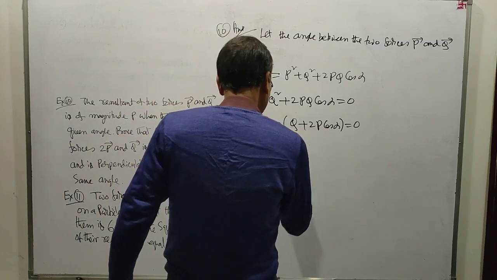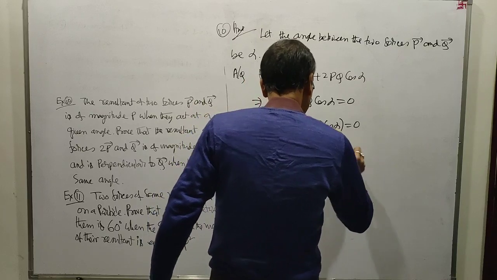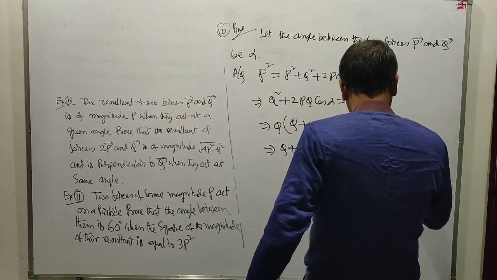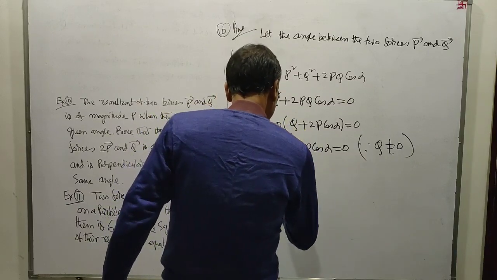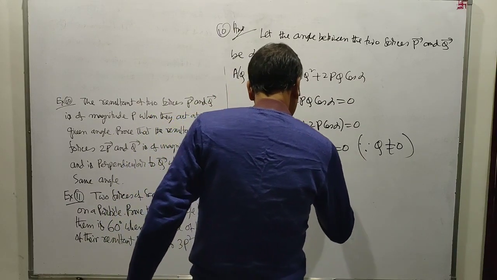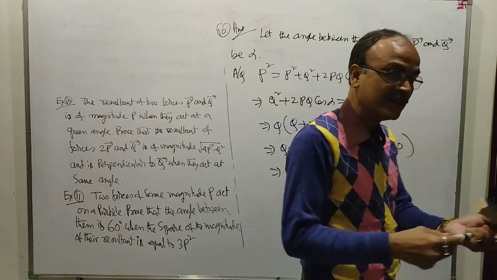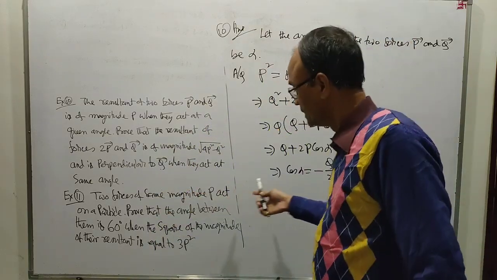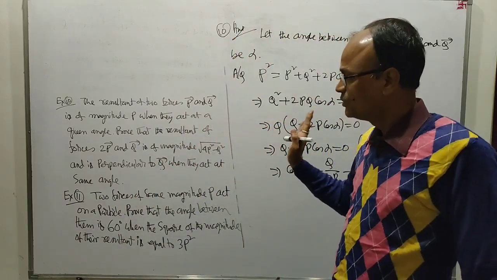If Q is equal to 0, then there is nothing to prove. Q is not equal to 0. Since Q is not equal to 0, this means cos alpha equals minus Q divided by twice P. Suppose this is number 1. Cos alpha equals minus Q divided by twice P. Now,